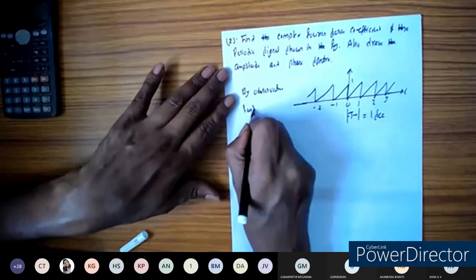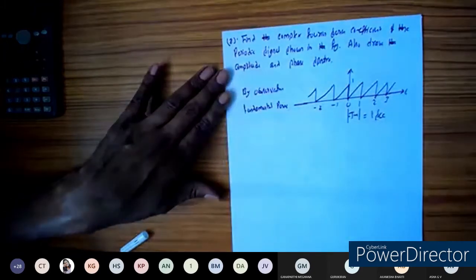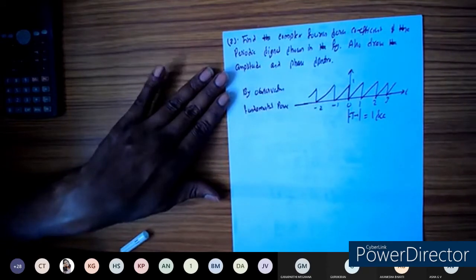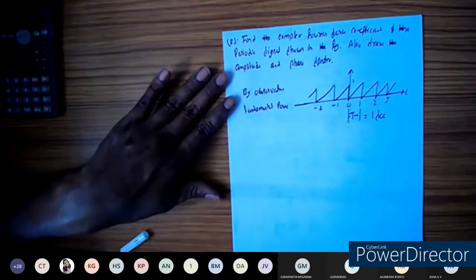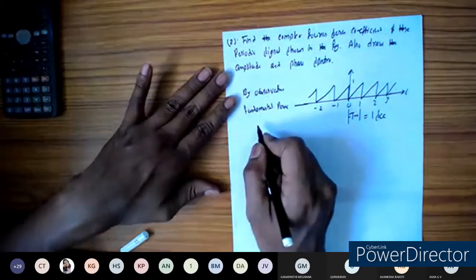So how much negligence you are going to show in the class, so much difficulty you are going to face while writing the exam. The negligence will be directly proportional to the difficulty. So don't take the signals and systems subject easily. It is not a taken-for-granted subject. Unless you practice, it is not a subject at all. If you practice, then only you can face the exam and clear it. If you take everything for granted and think you can pass like nothing, it's very difficult.